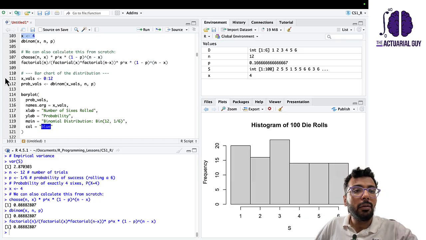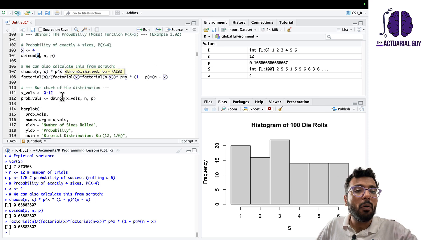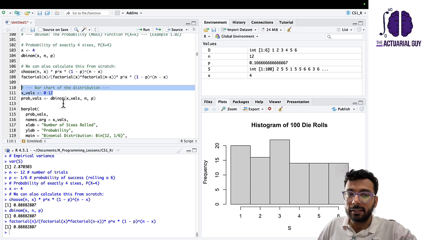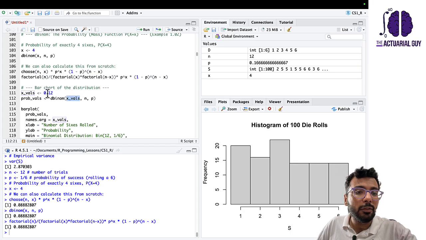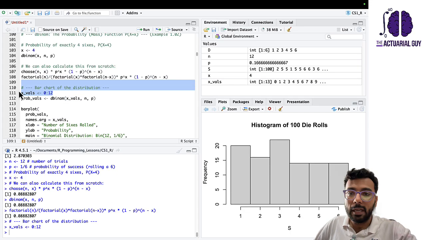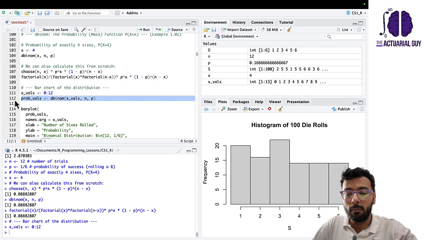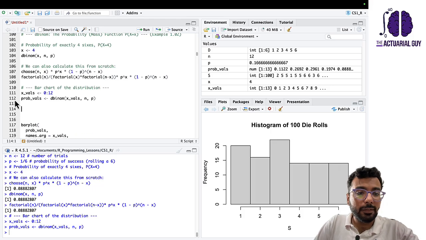The good thing about this dbinom function is that you can apply it to a vector as well, not only a scalar, right? So this x value can be a vector as well. What if you want to get the probability of anything between 0 to 12 successes? Instead of this x, you put xvals here, and xvals you define as a vector from 0 to 12. And then you run this probvals, and if you print this probvals,